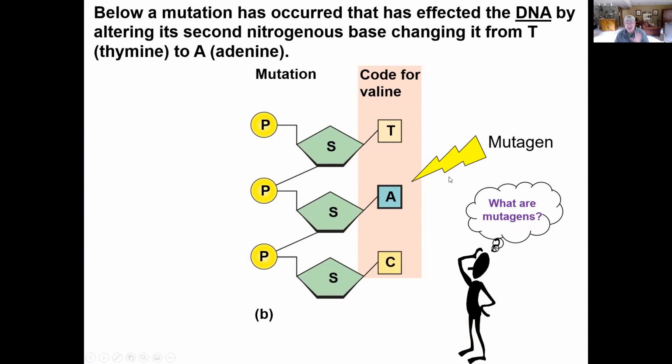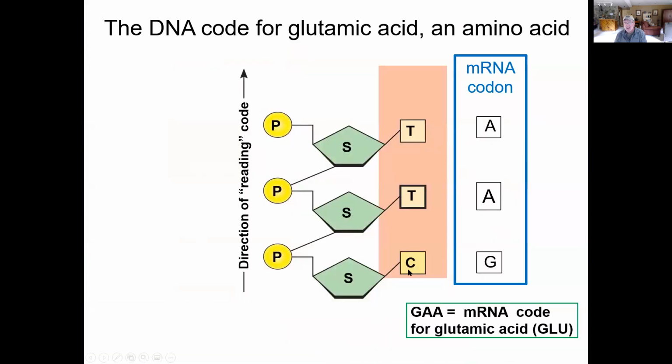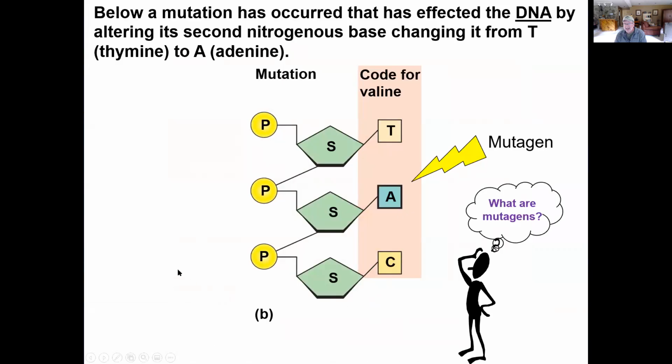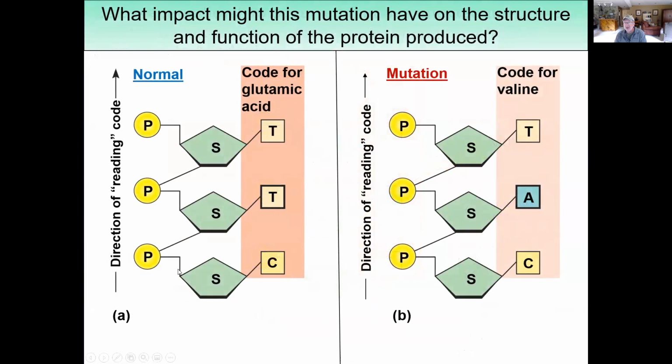So we're going to represent that mutagen by a lightning bolt. We're going to change that original thymine now to an adenine. That can alter the amino acid that would be coded for or represented by that codon. So instead of having the previous sequence, which I forget what it was now, let me go back here. Instead of having CTT and having GAA being transcribed, now we have CAT, CAT, which will result in a totally different amino acid